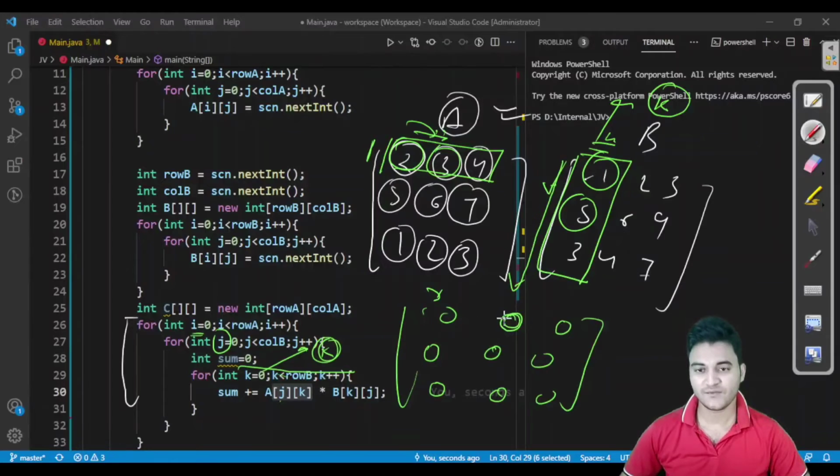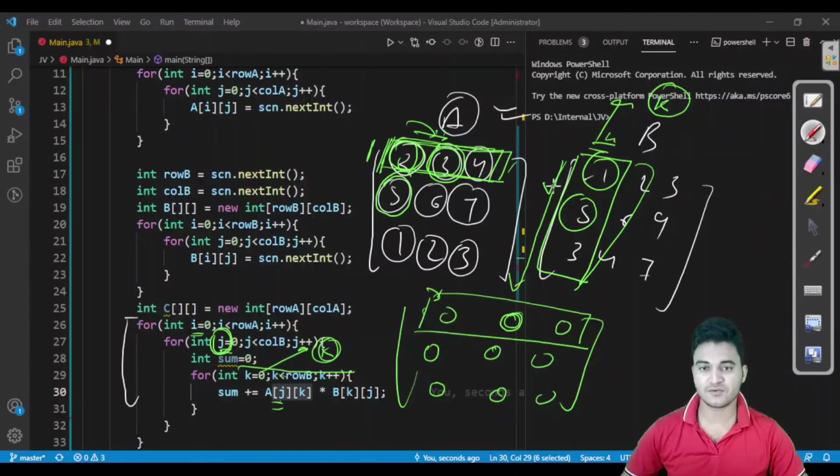So if we have to calculate for this, then if you look at here, if this loop is complete, then this j would also be completed. Fine. But we have to take the row size from A matrix only. We do not have to go into j, because if we are writing j here, it would be picking up the element from this row, but we need again and again this row with this column. For calculating this row we only need this row, not this row. So while calculating the result for this row, we would be needing this row only.